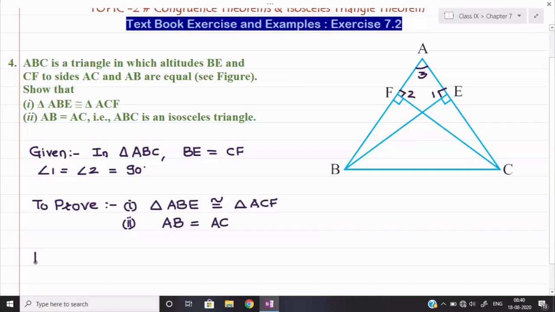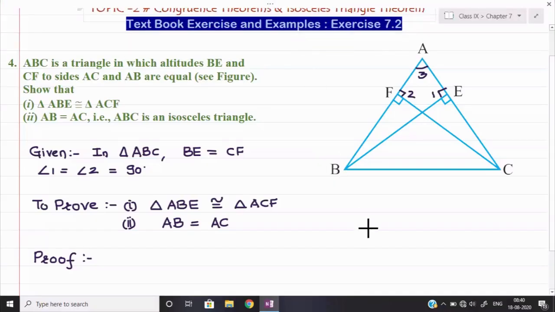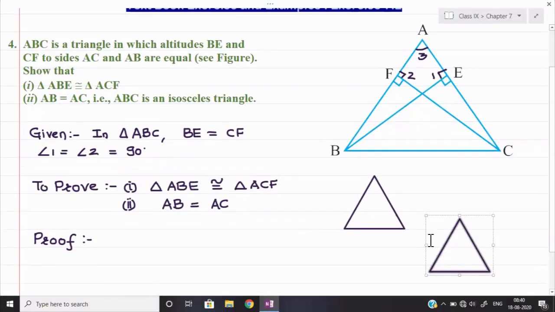In the previous question also, first we have proved two triangles are congruent and then we got the required things equal. Here we need not worry which two triangles are required to be proved congruent. That is given in the question itself. So first of all, I will draw two triangles over here. Just for our satisfaction, yes, I can say that here the angles and the sides whichever are given correspond, so corresponding angles, corresponding sides are equal. So how the theorem is applicable, we can see it carefully.